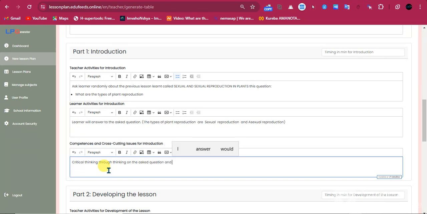And I may say another that can be lifelong learning, because the subject is related to the reproduction.